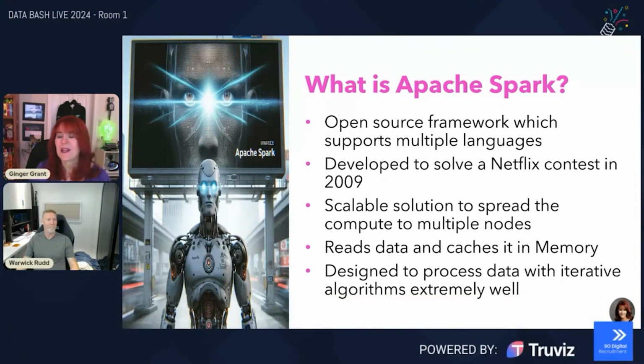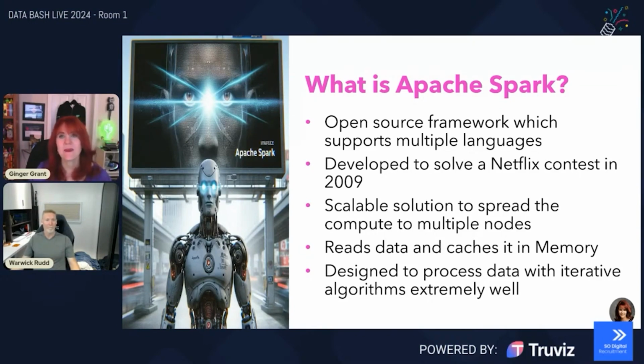Spark was developed as part of a contest in 1989 to try to determine who has the best algorithm. And a bunch of graduate students from Berkeley went and looked to see how they could win, and they thought that the best way would be to develop an entirely new process for loading data into memory so that they could multi-process the data very, very quickly. Really cool idea, really cool concept. Didn't get them the win at all. They didn't even come in the top 10.